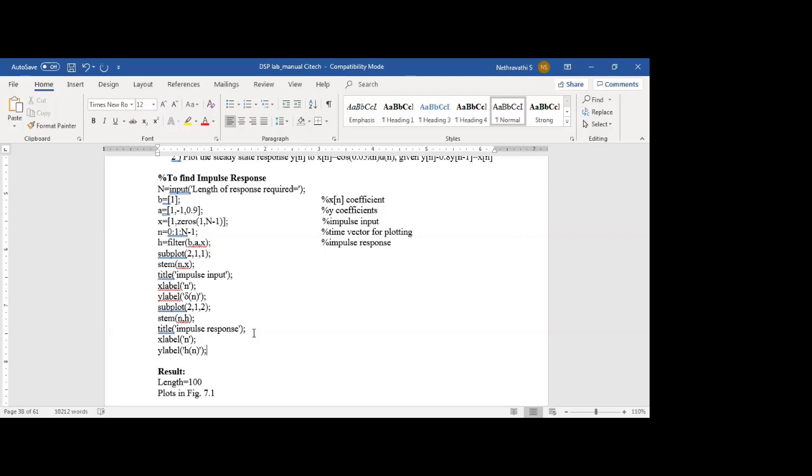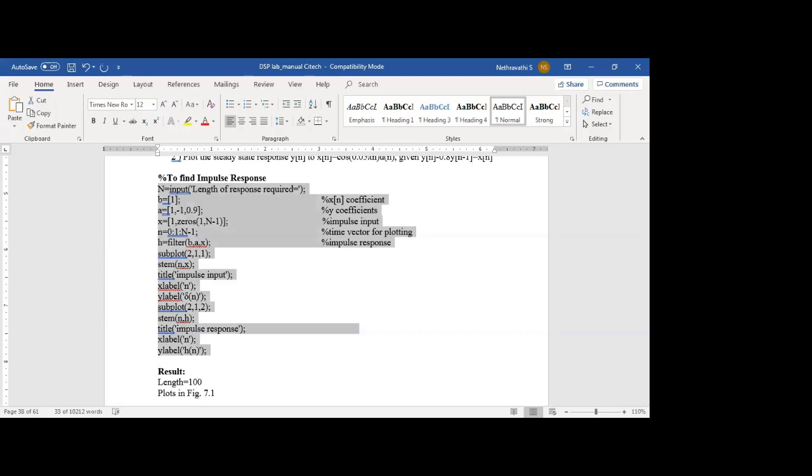Two rows, and I'm not dividing those rows into further parts, it is one and one only. The first row will comprise one figure. The second row will comprise one figure. Then I'm giving the order, which should be first and which should be second. So 2, 1, 1 will be the first plot, and 2, 1, 2 will be the second plot. So I'll just copy these things.